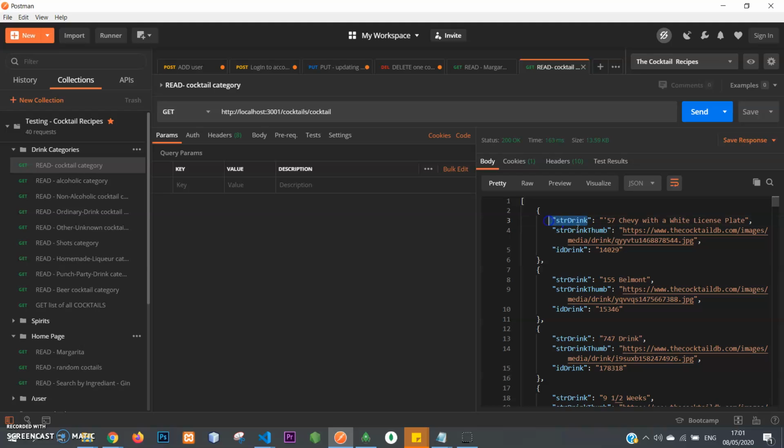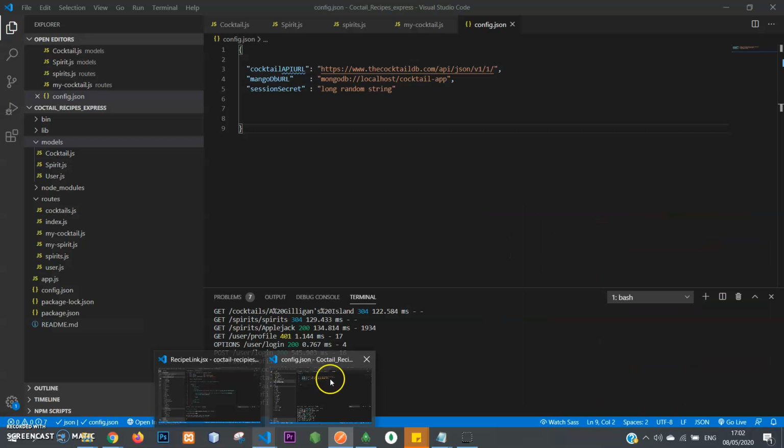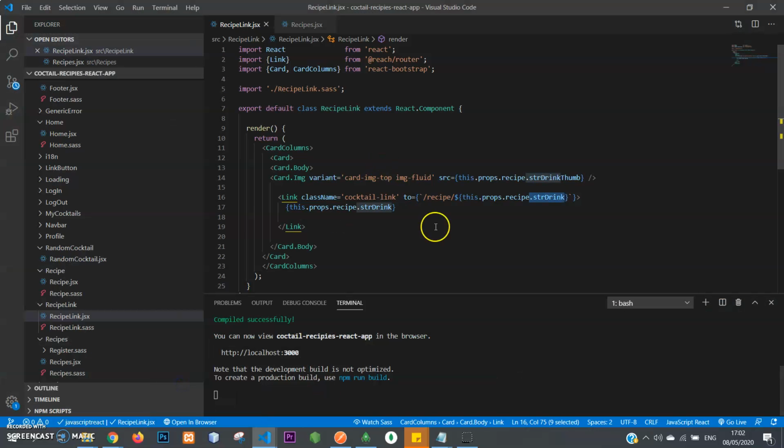So I have the image name, and I have the ID of the drink as well as the name of the drink. So if I go back, I am wrapping everything, taking everything from the